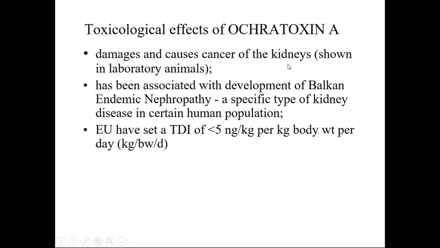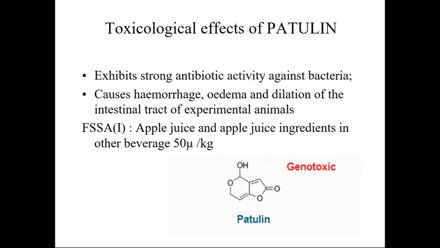It's a group 2B carcinogen. It is associated with nephropathy, and the total dietary intake is set at 5 nanograms per kilogram body weight. So ochratoxin is a little less toxic than aflatoxin. Patulin, this is a genotoxic toxin, and FSSAI has put a limit only in apple juice, where it cannot exceed